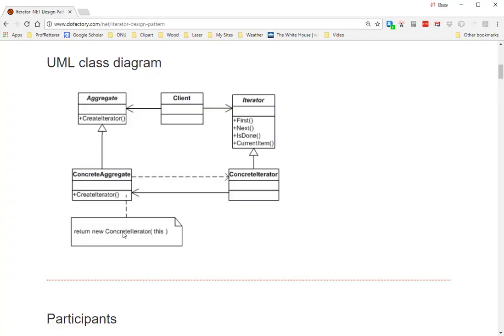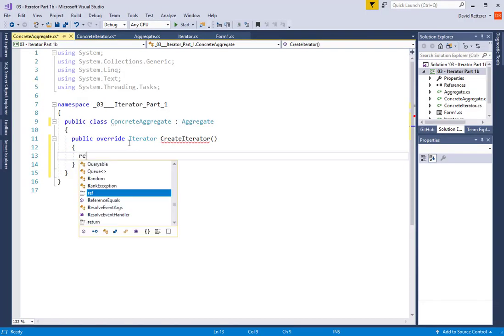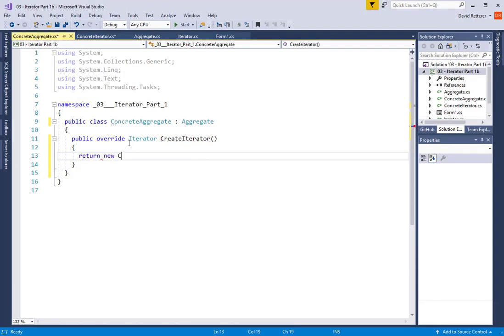Return new concrete iterator of this. So that's what we're going to do. Return new concrete iterator of this, this being the current aggregate. But when we do this, you notice that it's got this underline, and it says, well,